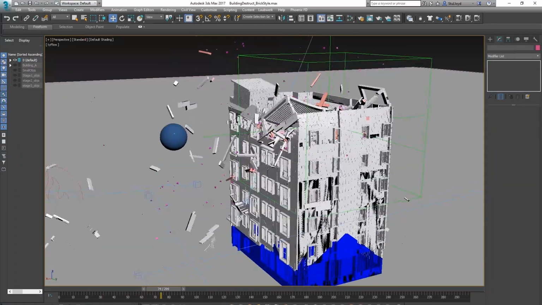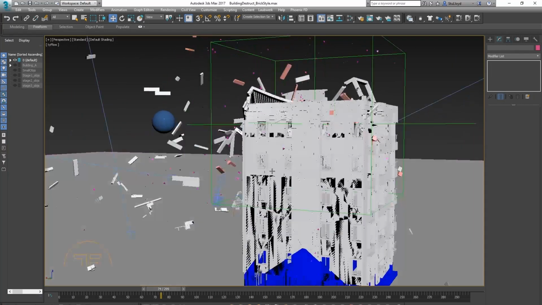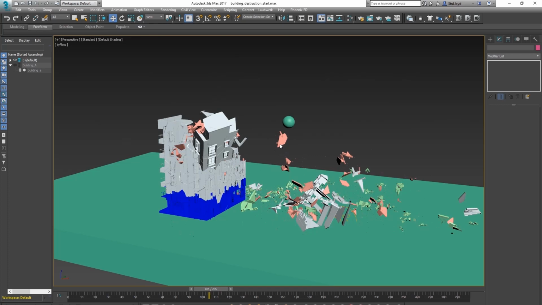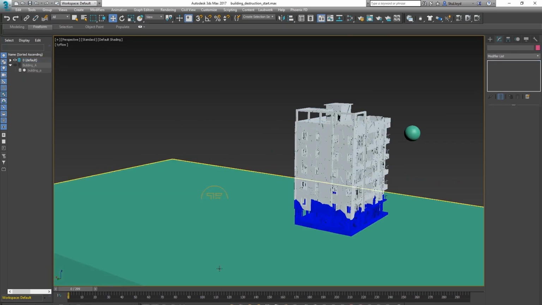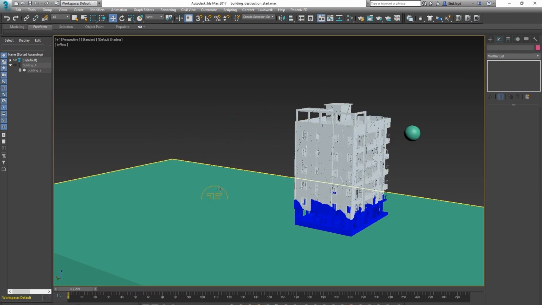It's just a couple of ways you can do building destruction. Maybe you want to use these parts for a simulation with something, and you also might want to render these with motion blur. So what we can do is we can go to TyFlow,